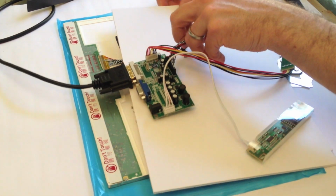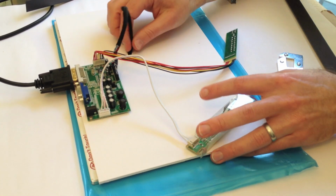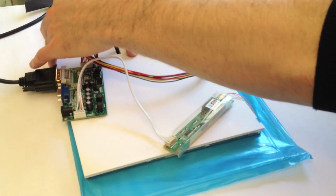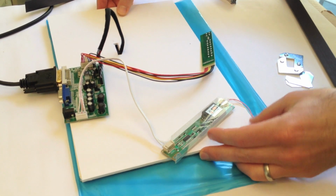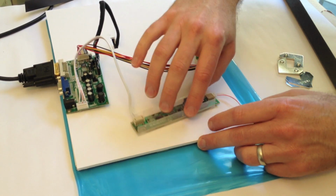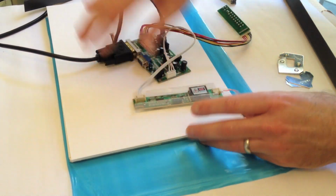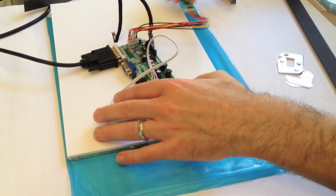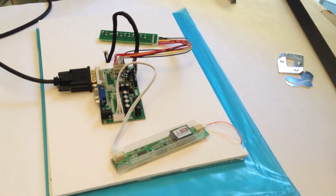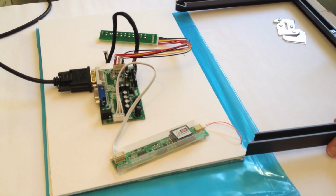Now we'll slide our mounting board, and you notice it's exactly the same size as the LCD panel, so we slide it into place, and it covers the LCD panel, and we've also made a notch down here for the cable to come out for our inverter. So what we're ready to do now is slide our LCD panel into our frame. And so we take the LCD panel below,